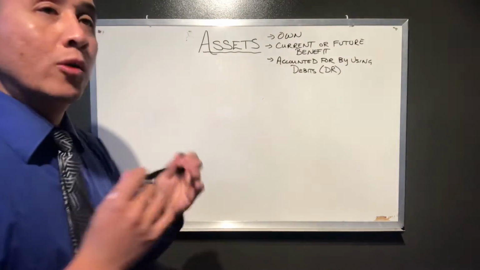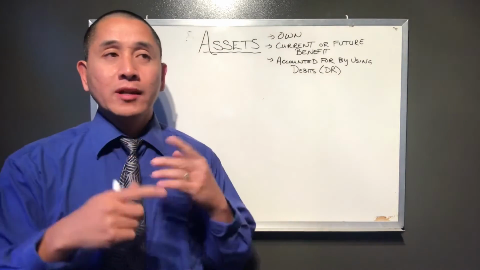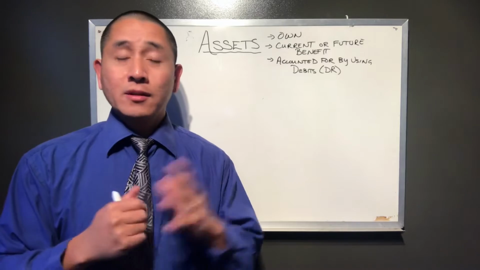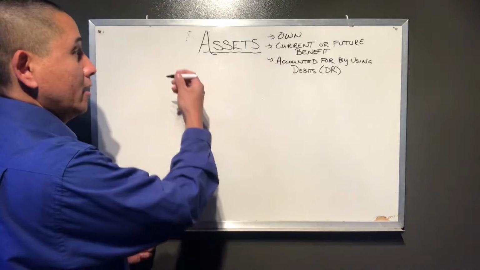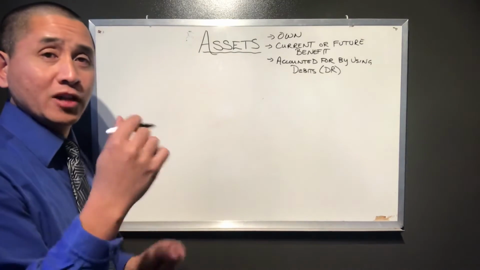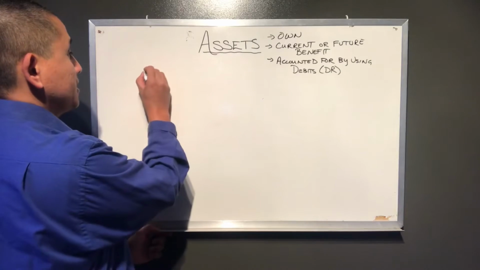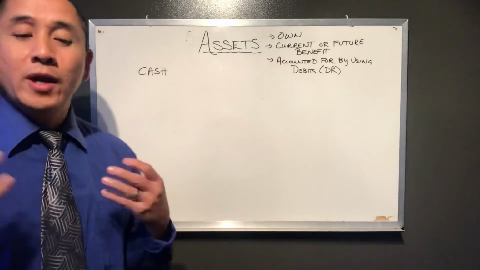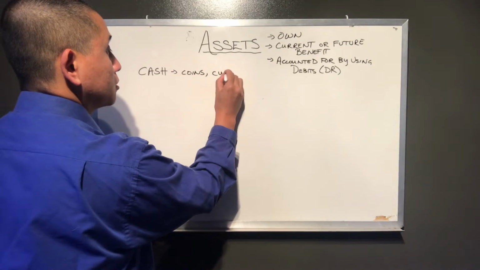Now, in terms of liquidity, what we mean by liquidity is that certain assets can be converted into cash equivalents a lot more easily than, say, other assets. So that when we look at the balance sheet, the first item on the balance sheet tends to be cash and cash equivalents because, as they say, cash is king, or if you want, cash is queen. So in this case, cash would usually be the first item. So again, what is cash? They include such things as coins, different types of currencies,